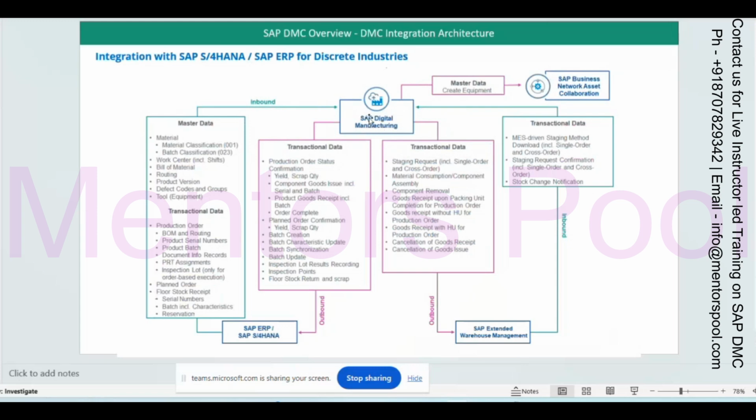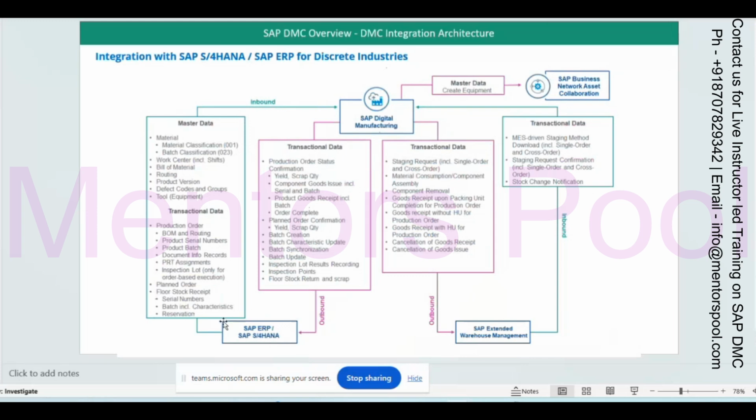At the time of doing the execution, you are doing the confirmation, right? I have built one quantity on this operation. I have consumed this particular component, because the actual consumption is happening at your DMC, right? On the floor, they are using the particular component. So all this information will be sent back to the ERP system.